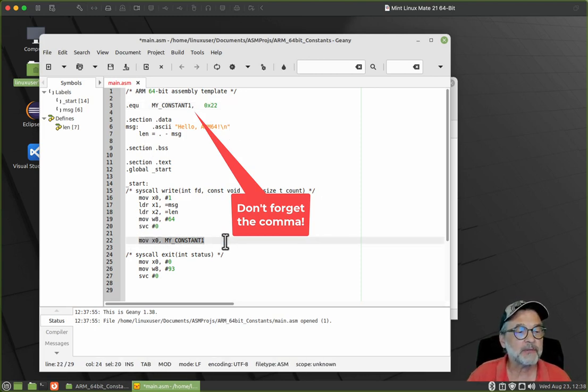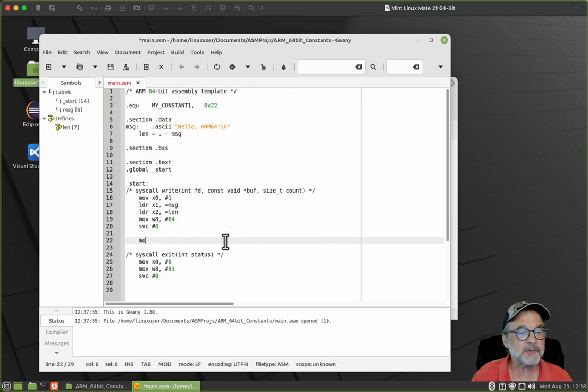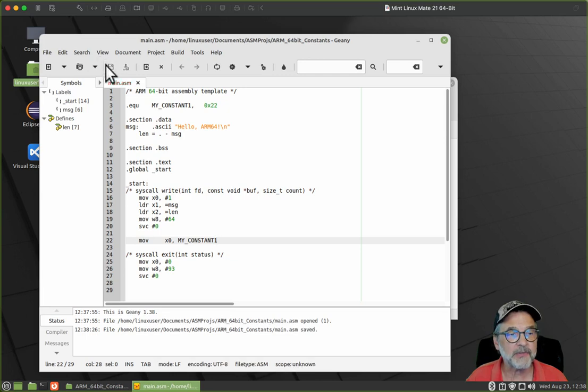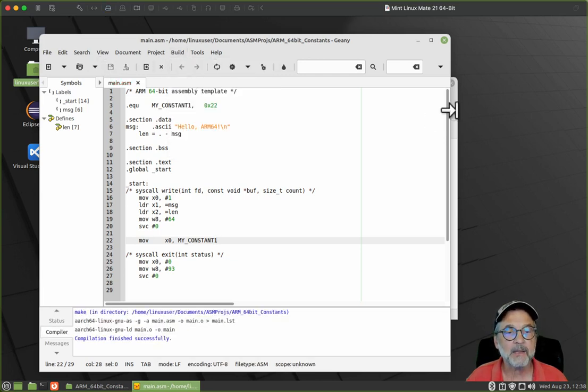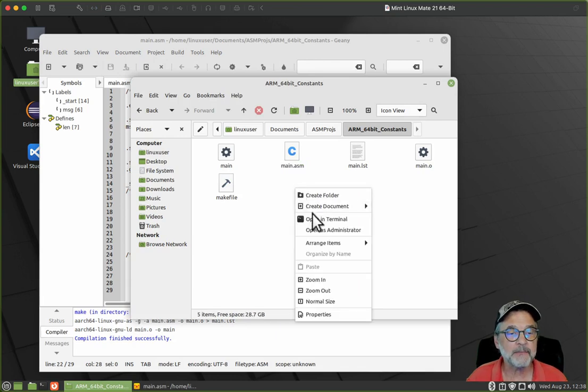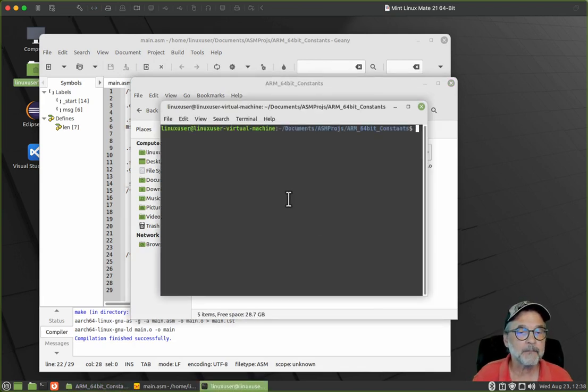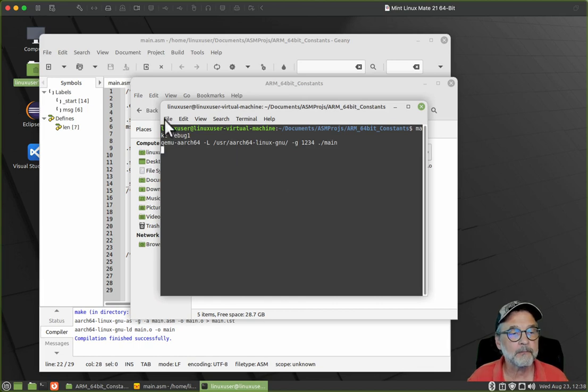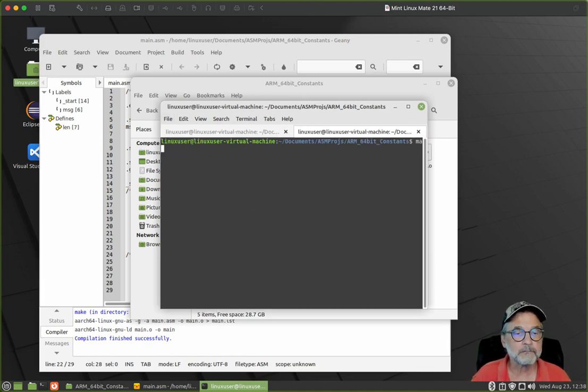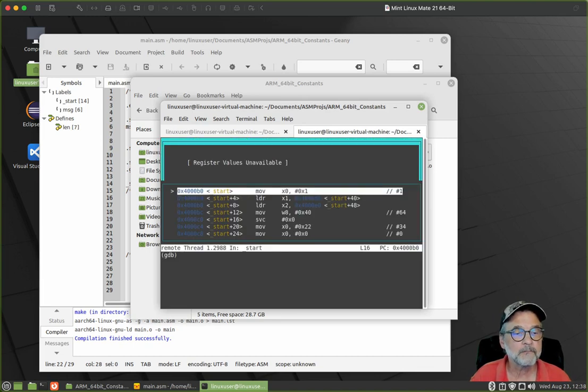And then what we do is we say move, and I'll just do this from scratch. We say move our register and then just the constant name. Let's save and build that. Let's go ahead and debug it. And we really don't have to go any further. We can just look at the actual code, and right here on this start plus 20, you can see